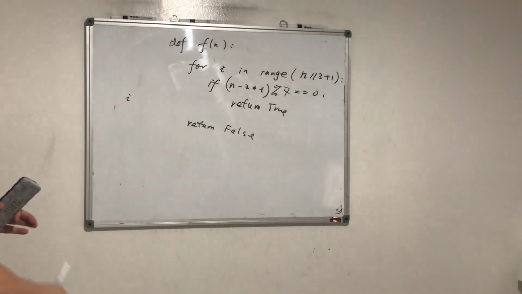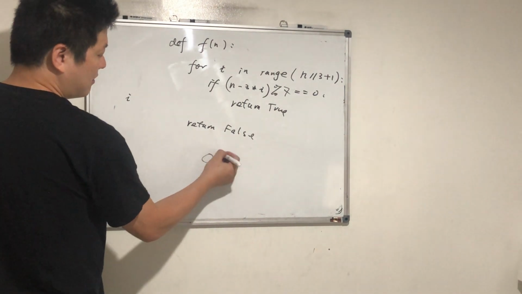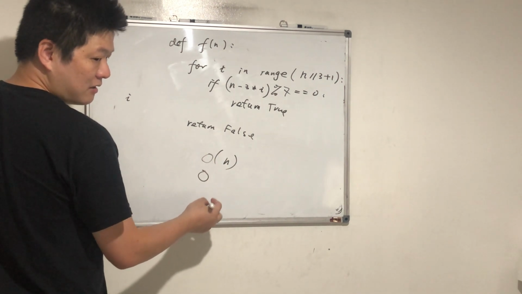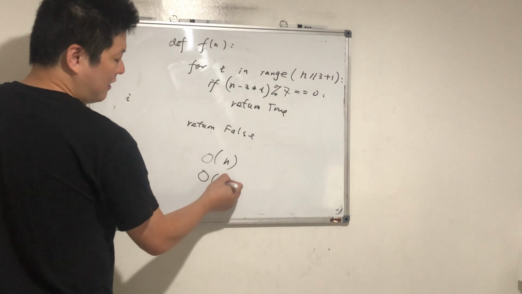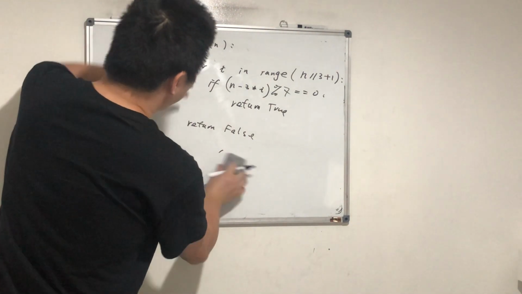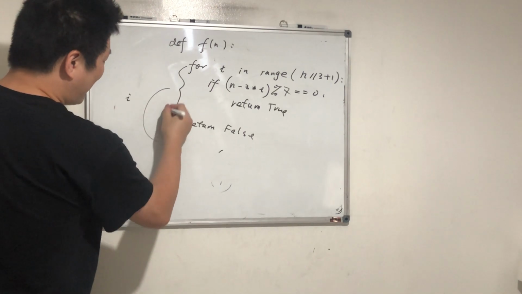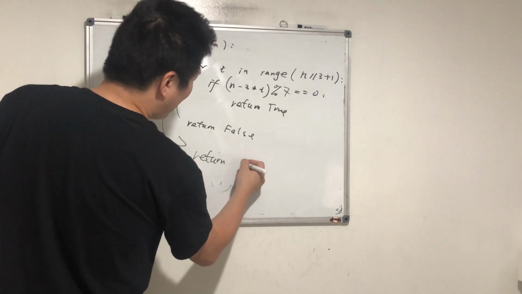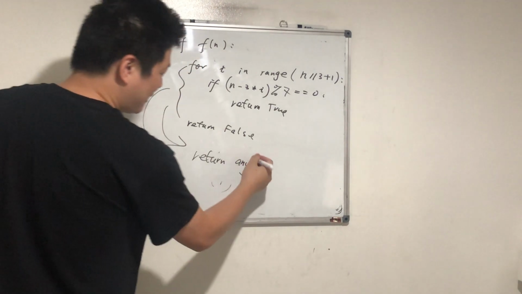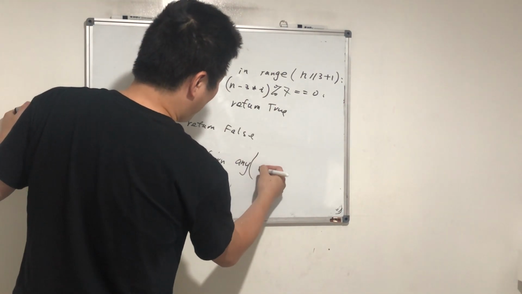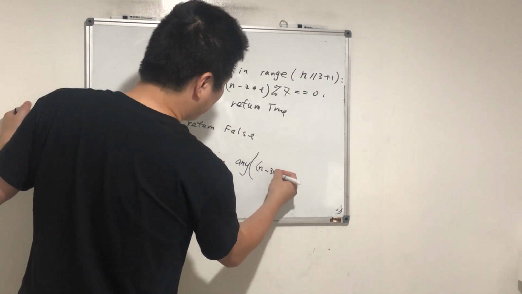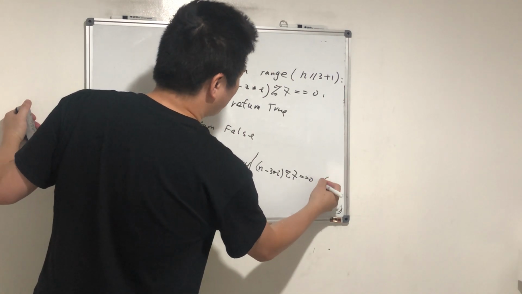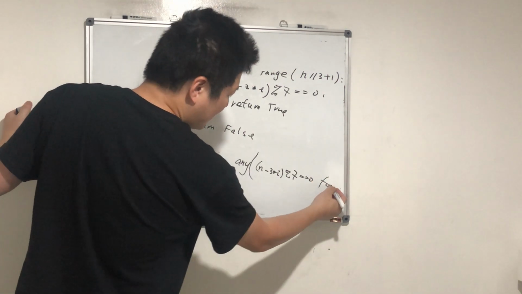Okay, that's it. What's the time complexity? O of n. What's the space complexity? O of 1. We can write this, turning this into a one-liner, yeah? So we can just say return what? Any. Any means any of these is true. Any what? n minus 3 times i modulus 7 equal 0, for what? i